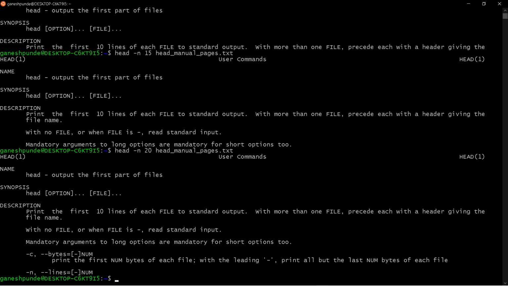You want only the first 100 lines, or the first 20, 25 or 50 lines out of millions of lines in a file, right?